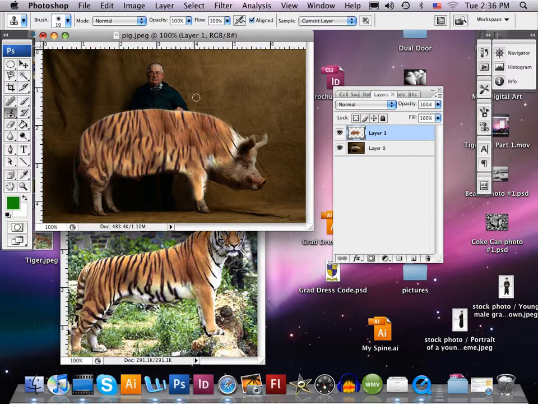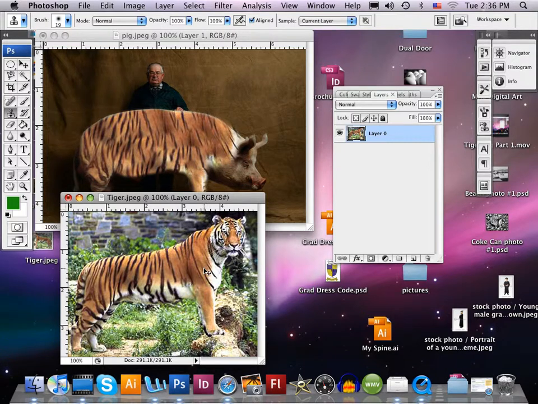Now you'll see something here in just a moment once we get closer to being done as to how we're going to make this work better for us, because we're going to take some of the opacity out of this layer. And that's another reason why we're using this layer, so we can change the opacity and get some of the muscle tone from the animal behind here and behind here. We're going to thin out the pattern, and we're going to get some of the muscle to blend in with the pattern here, and it should blend a little better. So let's go ahead and see if we can't